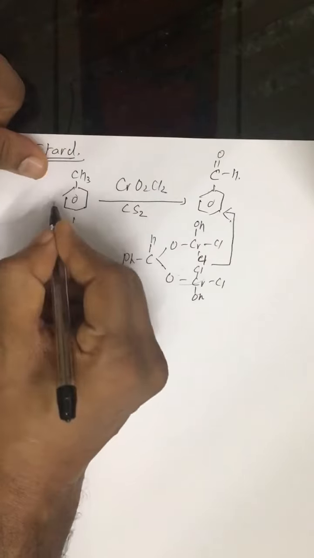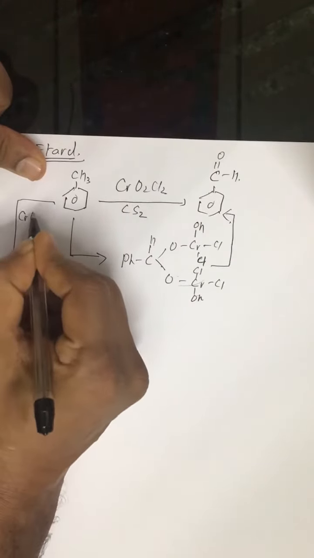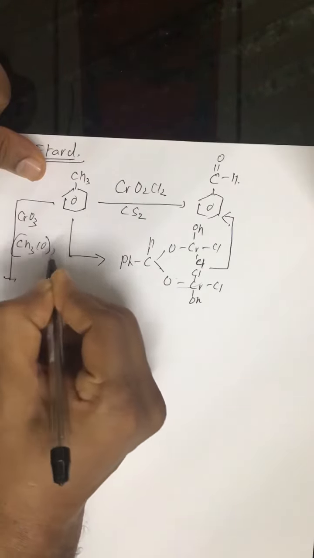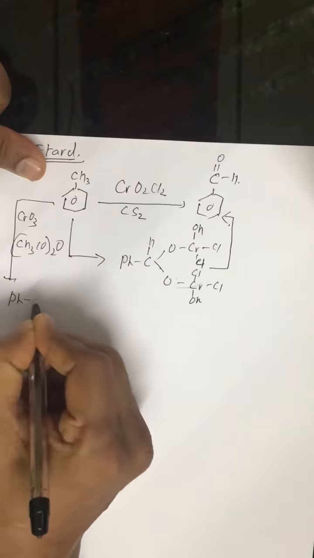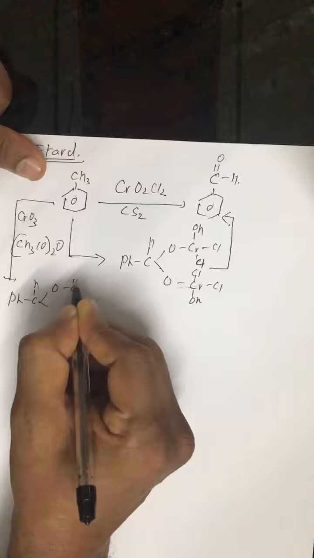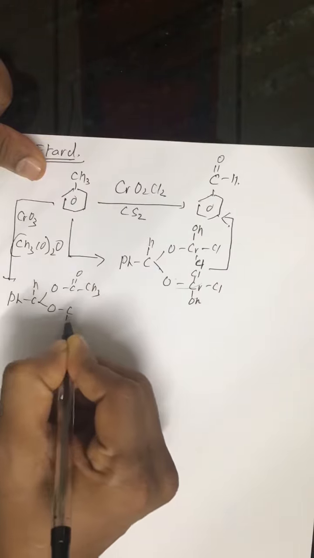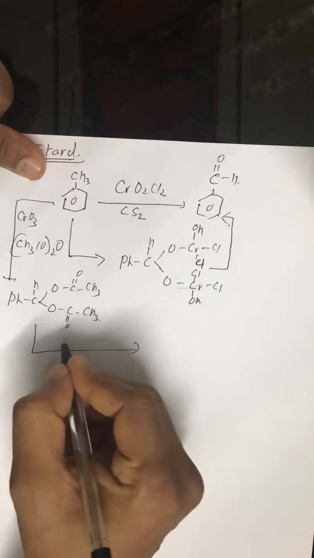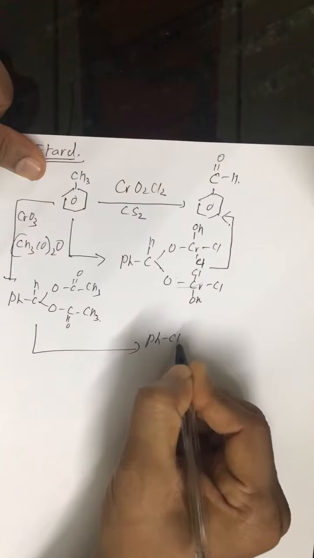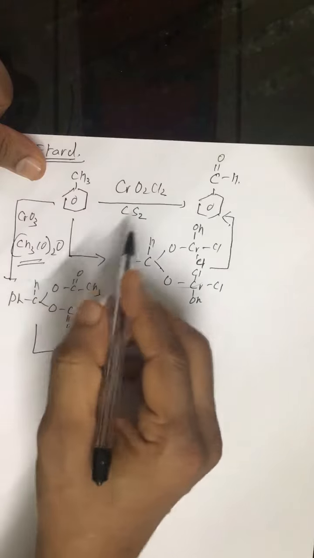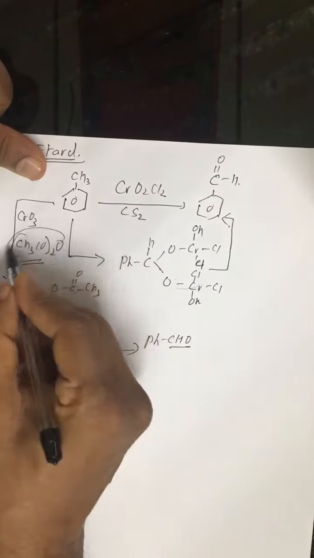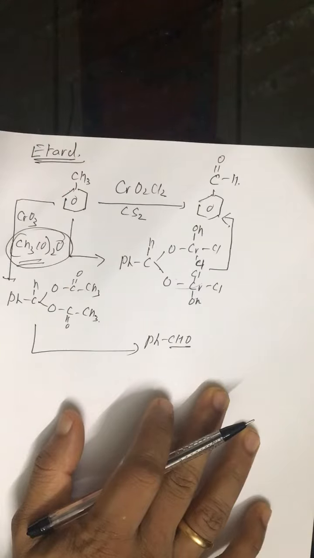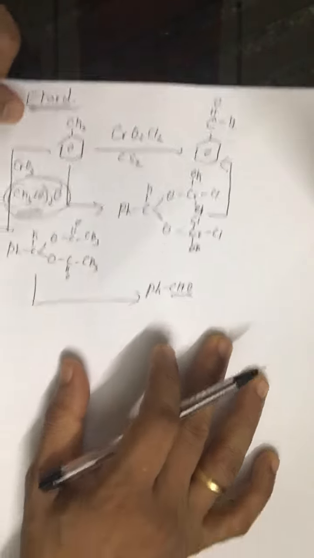Similarly, we have one more reagent, that is CrO3. Toluene is oxidized by CrO3 in the presence of acetic anhydride. Again, in this case, the formed benzaldehyde forms benzylidene acetate. That is why this benzaldehyde is not further oxidized. Alright. And then on hydrolysis, it produces benzaldehyde. So these two reactions are also important. What is the function of acetic anhydride? That is to prevent further oxidation of benzaldehyde. Alright, so this is also important.